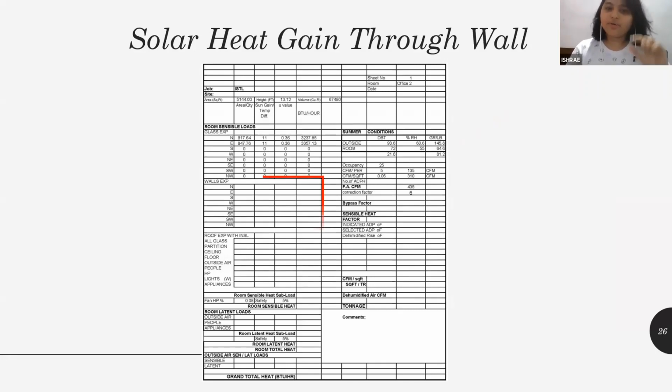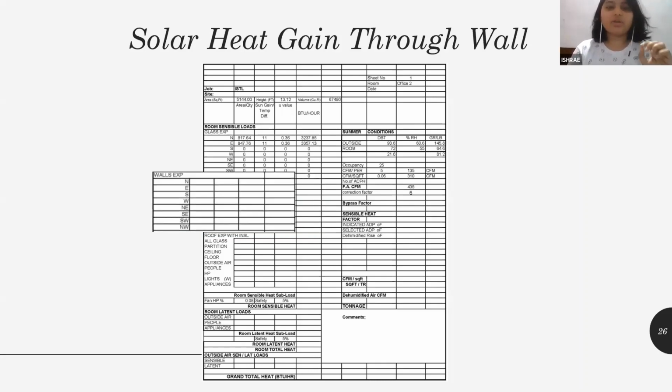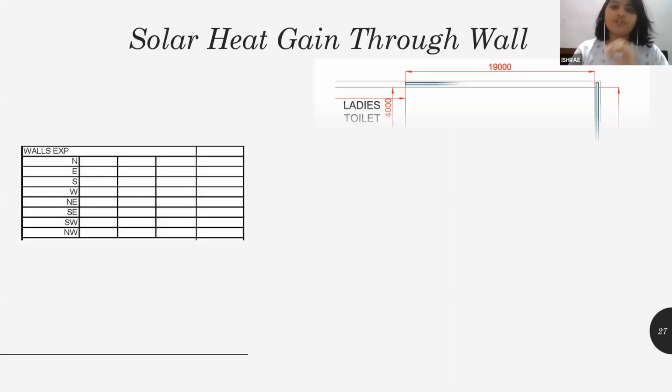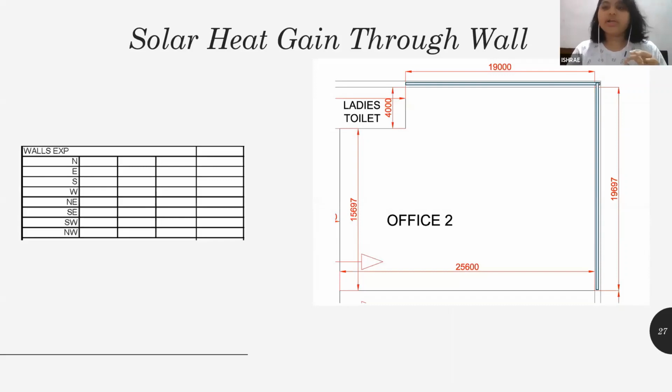Now we are going to do the solar heat gain through wall calculation. Like solar heat gain through glass, even in wall, first we have to calculate the area. So here in this particular office space, I have considered the south side as my wall and the west side as a partition. The reason being that I needed to show some calculations for the partition part 2. So I've taken it as a partition. And if you all want, you all can consider all 4 sides wall, all 4 sides glass. It's your call. Okay. So let us take the south side.